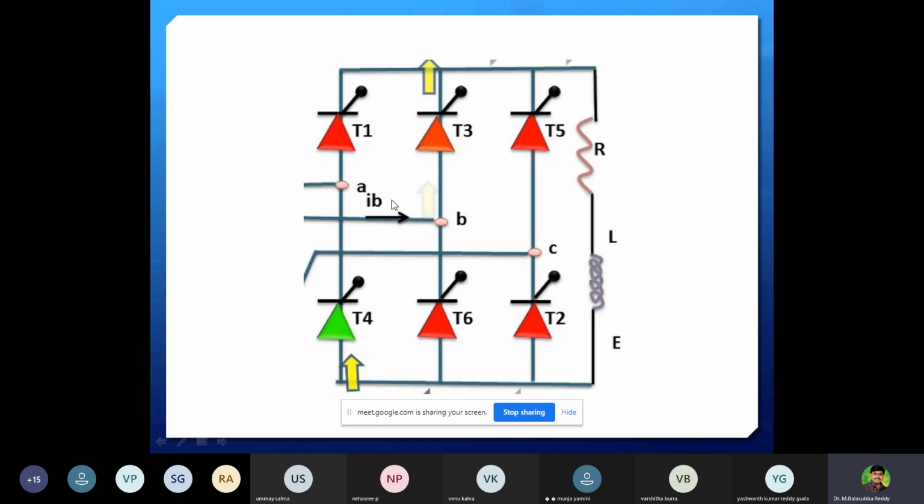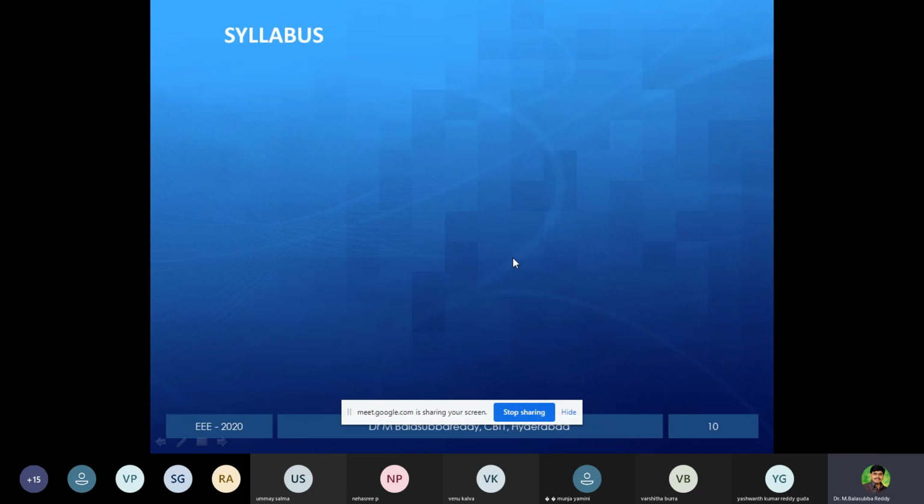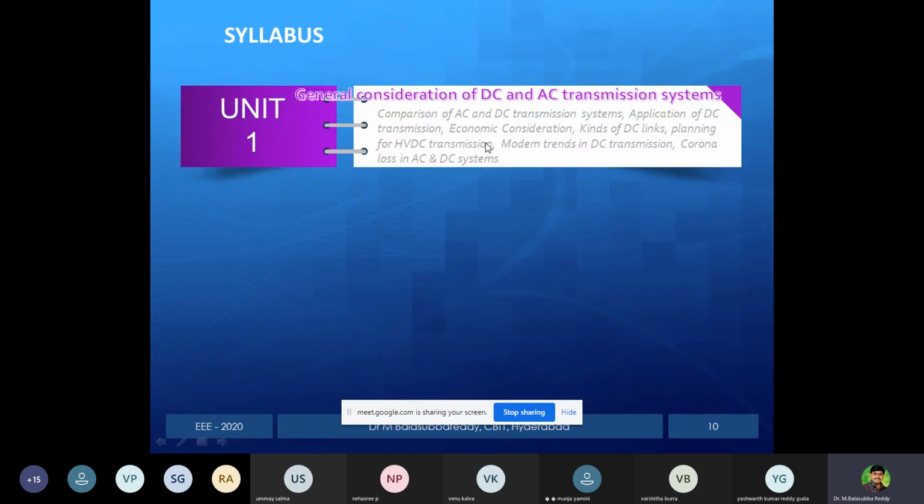This is the basic introduction. This is the 6-pulse converter valve configuration and all. And this is the individual syllabus of each unit I mentioned here. What will happen in the first unit, what are the topics. I already broadly explained all the topics involved in this unit and what is the impact